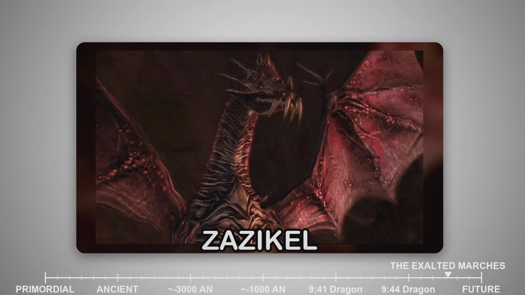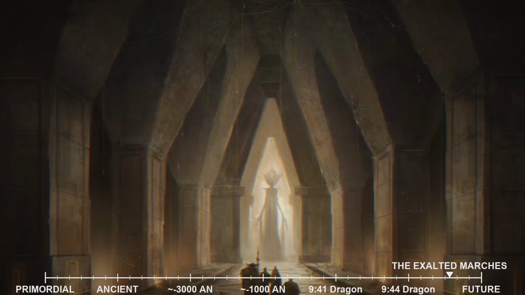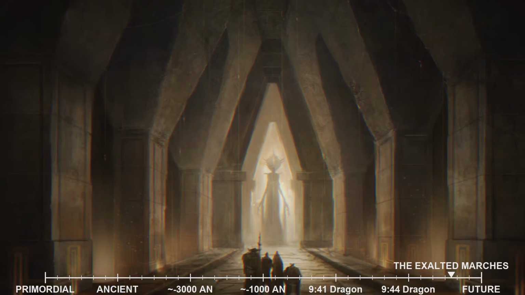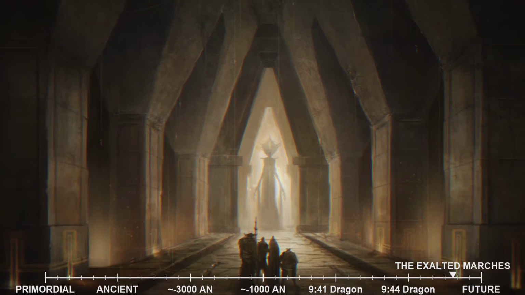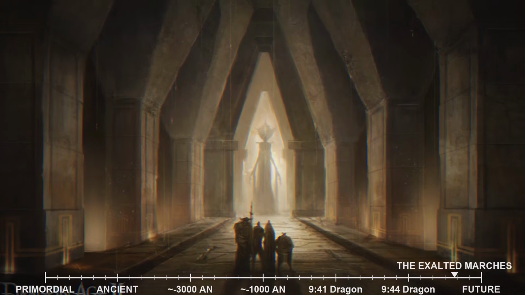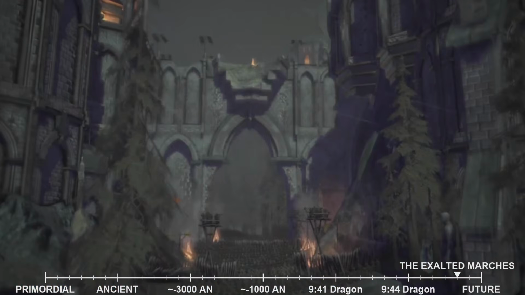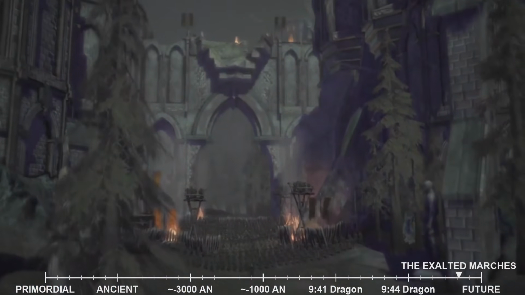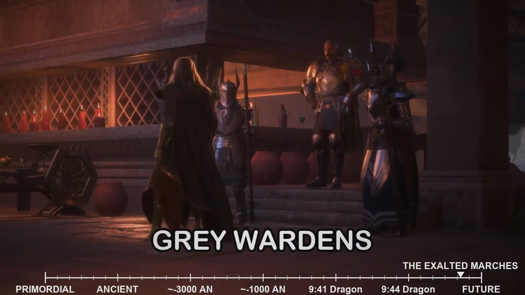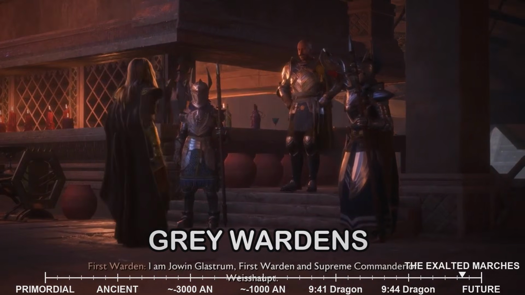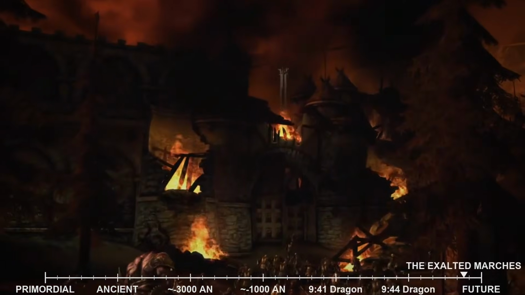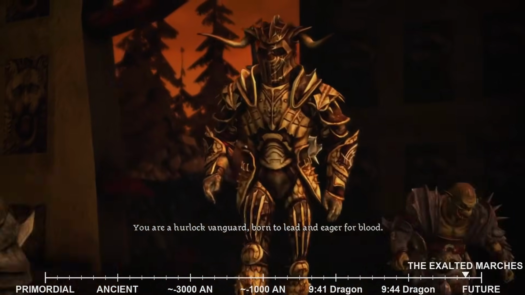deep roads. Unlike the First Blight's archdemon, Dumat, Zazical was not found within the ancient dwarven thags of the Anderfels, but rather in the northern reaches of the Imperium, near the desolate Waking Sea. This awakening sent a fresh wave of darkspawn, the corrupted creatures born from the Blight, surging across Thedas. The Grey Wardens, the dedicated order of warriors sworn to fight the Blight, once again rose to the challenge. Though their numbers had been replenished since the First Blight, the scale of Zazical's horde was immense.